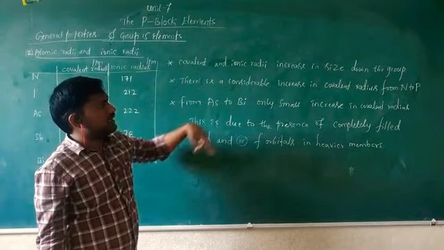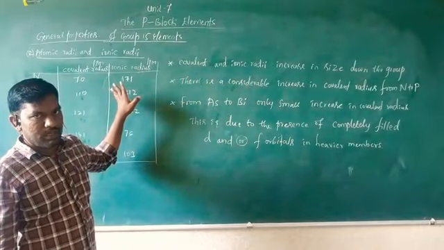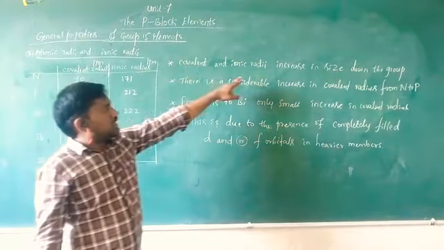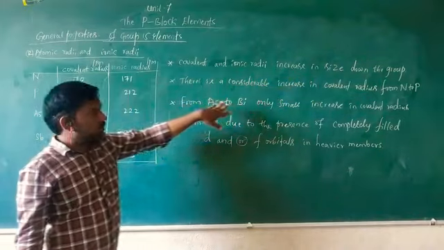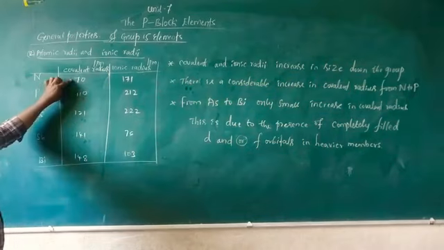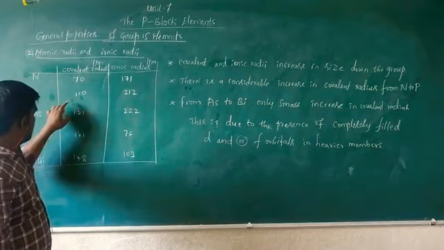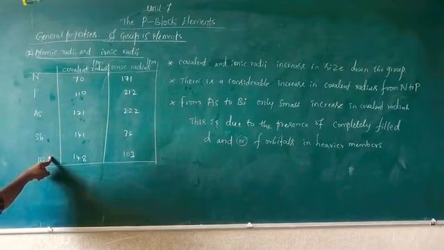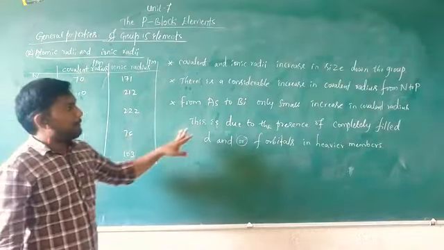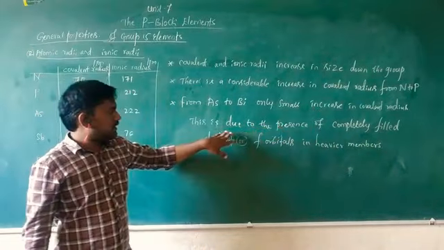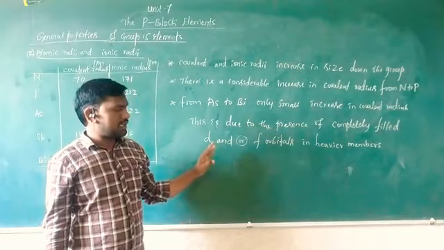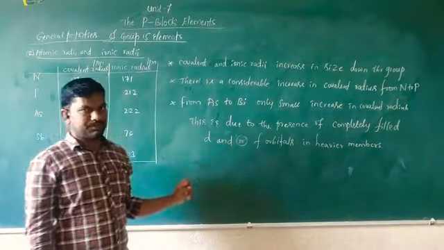This is also explained by the fact that covalent and ionic radii increase in size because atomic number increases going down the group. There is a considerable change in the covalent radius from nitrogen to phosphorus. From arsenic to bismuth there is only a small change, 121, 141, 148, because of the presence of completely filled d orbitals or f orbitals.